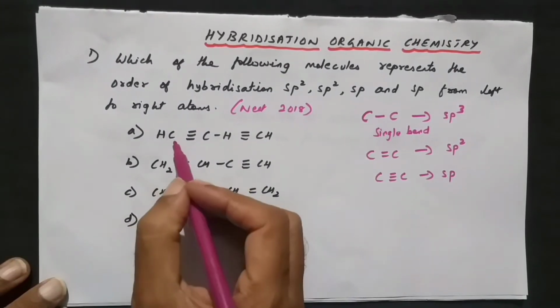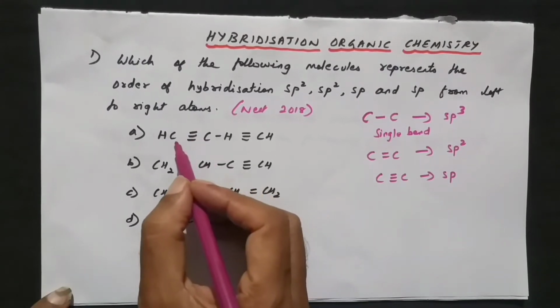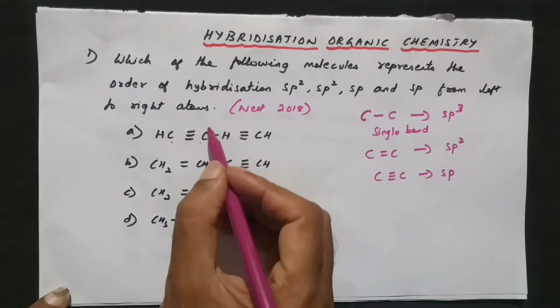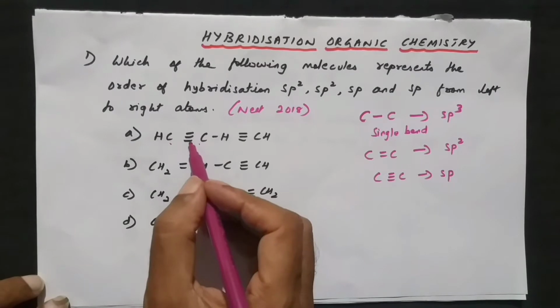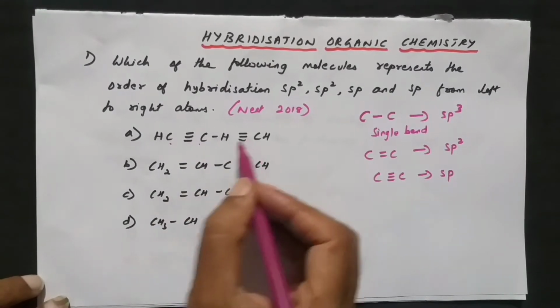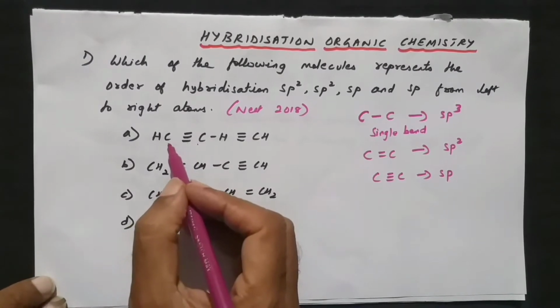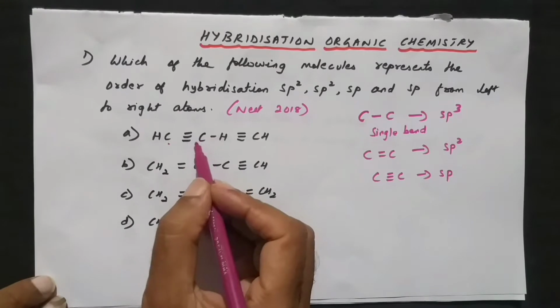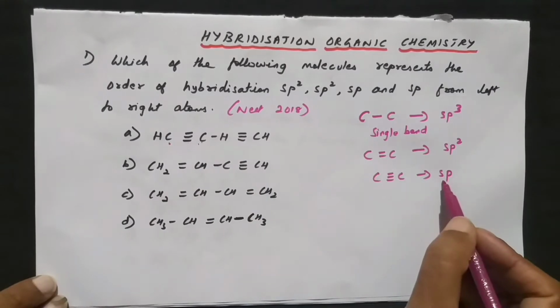So when I speak about this carbon, the bond which is present here is actually between the carbon and carbon. So no need to consider this hydrogen. The hydrogen we can write on the top also. Whenever you see the bonds, either the single bond, double bond or the triple bond, it is between the carbon and carbon. So when I take the first carbon, you have to see the bond with the second carbon. Between the first carbon and the second carbon, a triple bond is present. So triple bond will be sp.